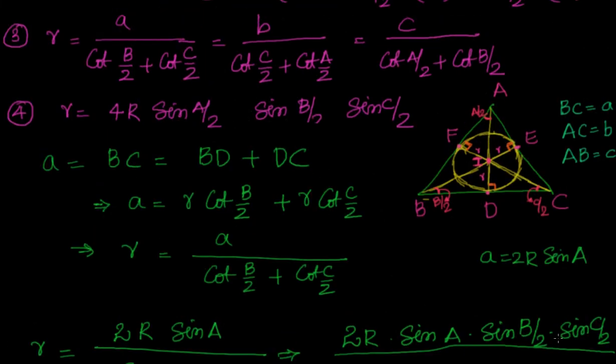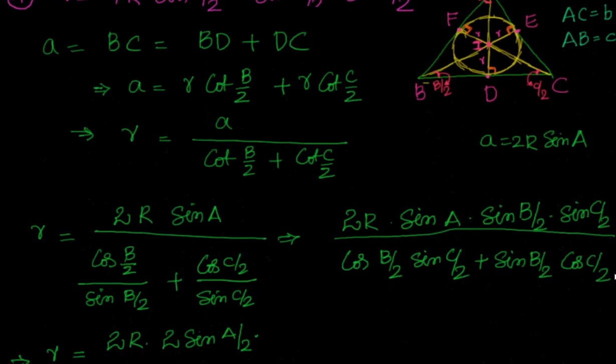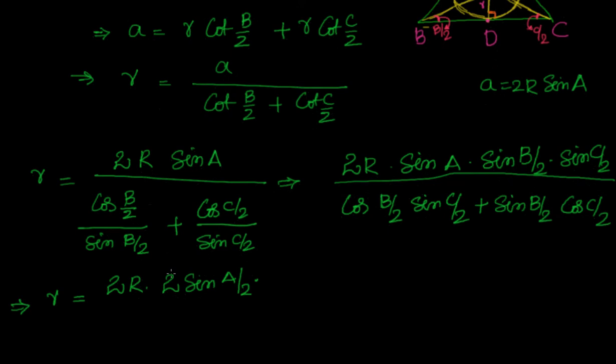Sin B by 2, sin C by 2 is there, but there is no sin A by 2. So I am going ahead with sin A and making it as sin 2A equal to 2 sin A cos A. So sin A equal to 2 sin A by 2 into cos A by 2 into sin B by 2 into sin C by 2 divided by,